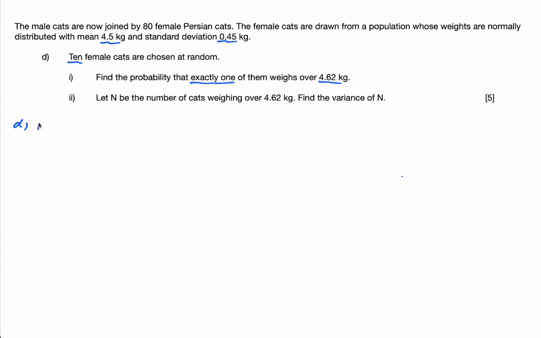So I'm going to start by bringing in a letter X, and I'll start with the normal distribution because I need to find the probability. So I'll say X is a normal distribution with a mean of 4.5 and a variance of 0.45 squared. Just be careful, guys, that's the standard deviation. So the probability that X is greater than 4.62,